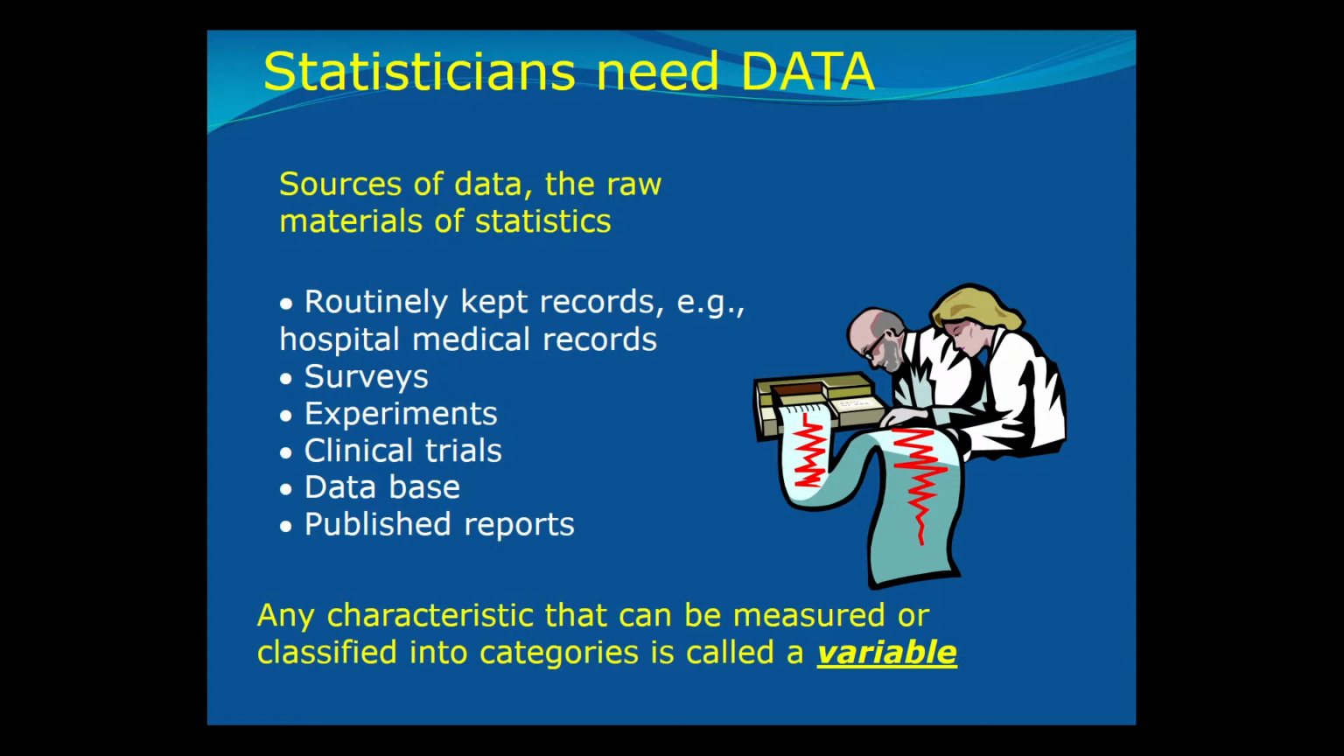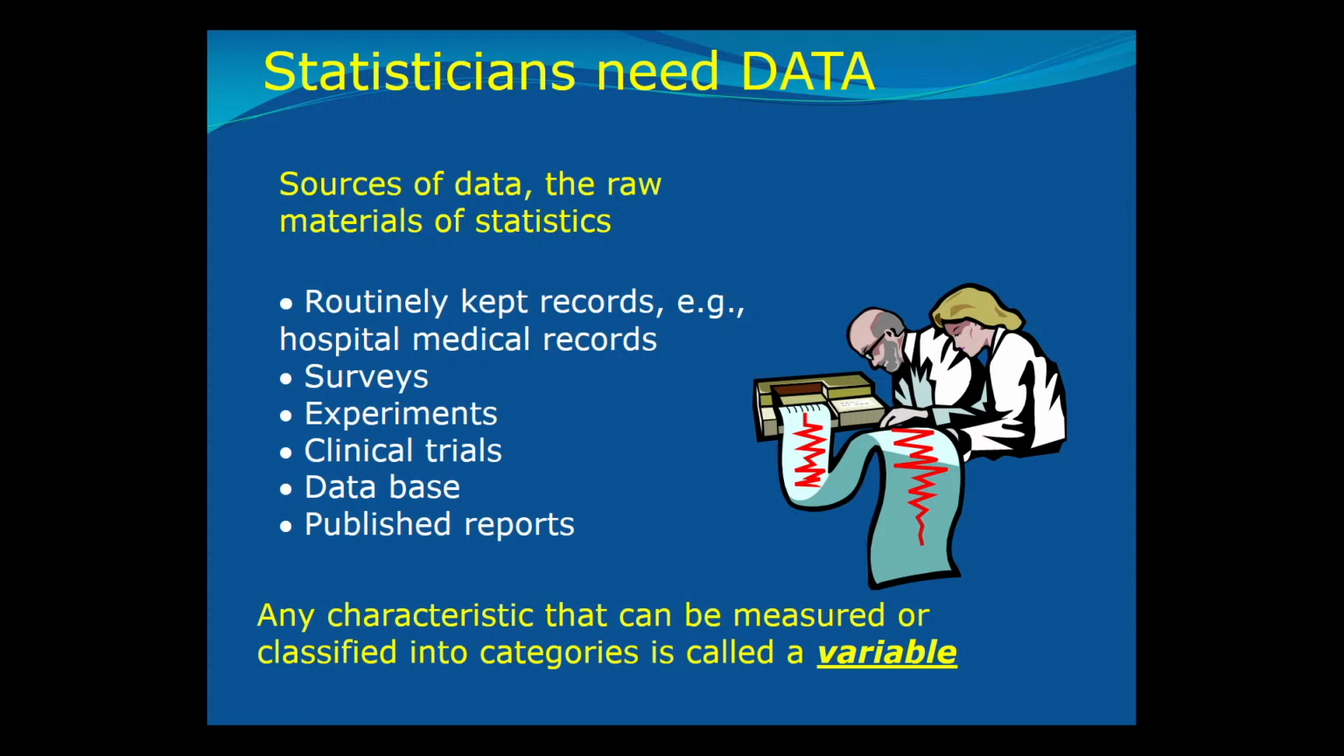Statisticians need different types of data. There are different sources of data, the raw materials for statistics. The sources are shown on this slide. Routinely kept records, for example, hospital medical records or electronic medical records, different types of surveys, scientific experiments, clinical trials, databases, and published reports. All the sources are used